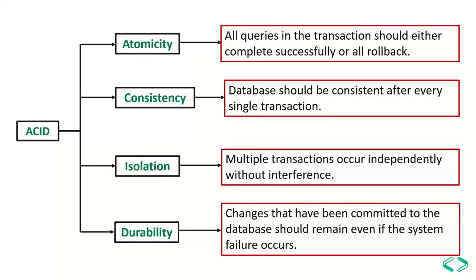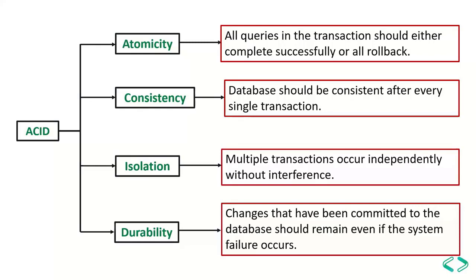C stands for consistency. The data inside the database should always be consistent before starting the transaction and after completing the transaction. For example, if I wanted to do an update statement on a table, while doing that update, if something happens suddenly, like if there is a power outage and we had to restart the SQL Server, once we restart the SQL Server, this uncommitted transaction should be completely rolled back, making the data in a consistent state. That's consistency. I stands for isolation.